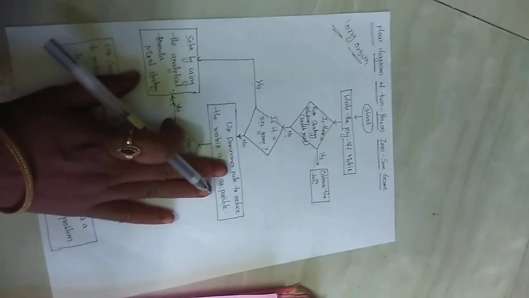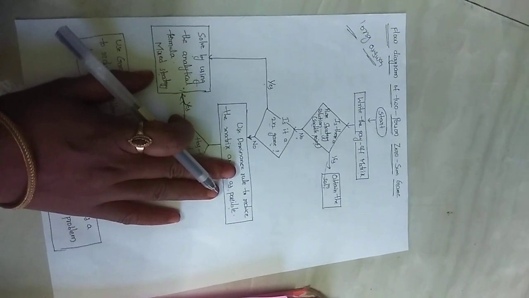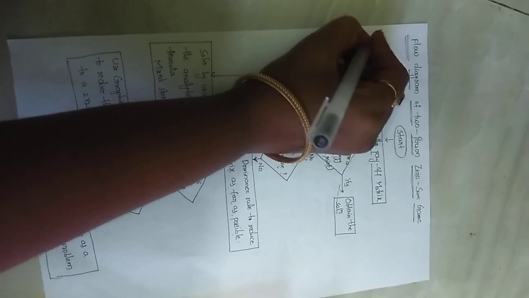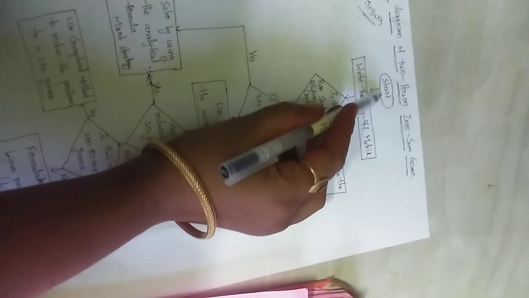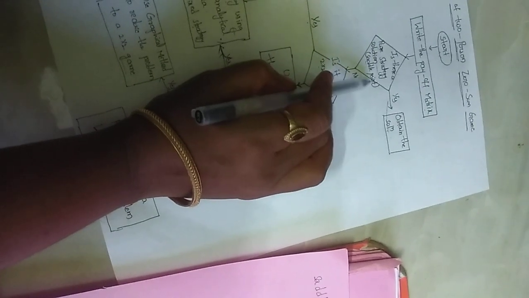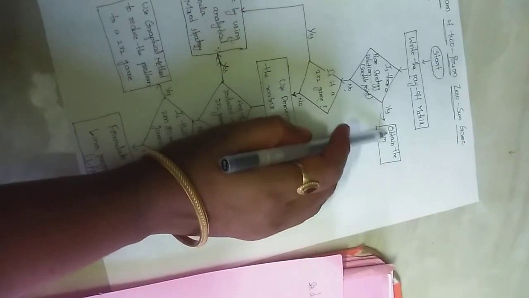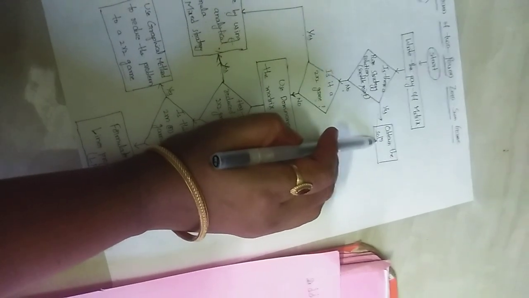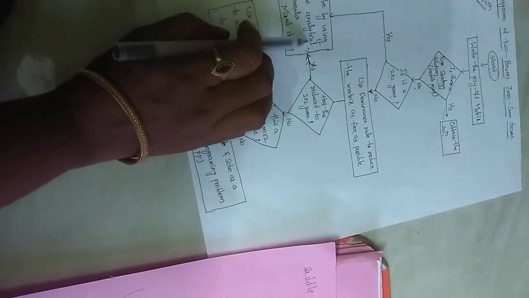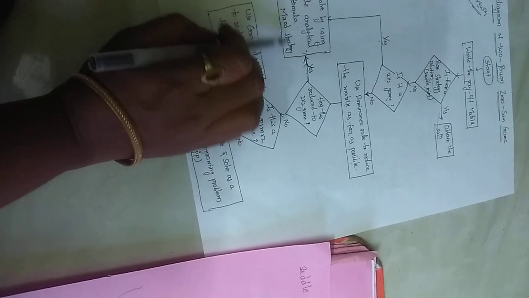Next, flow diagram of 2 cross n zero sum game. It is very important for long answer. Start. Write the payoff matrix. Is there a pure strategy? Yes, saddle point exists, it is a pure strategy, that means optimize the solution. That means we get the solution. No, then check whether it is a 2 cross 2 game. Yes, a 2 cross 2 matrix is solved by using the analytical formula, that is mixed strategy.